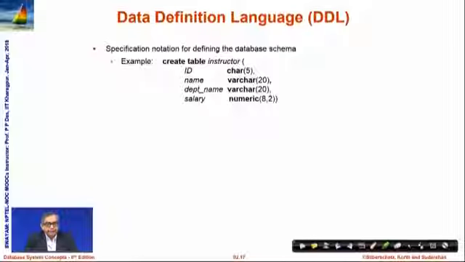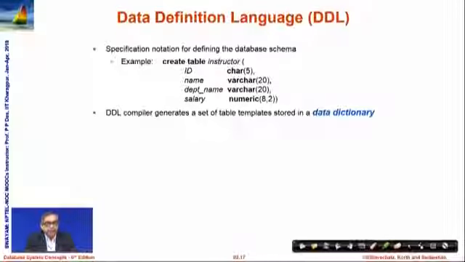And similarly, salary will be numeric data going up to 8 figures and having a decimal part of 2 digits. This way of defining the schema in terms of the different attributes and their types, or columns in the table, or trying to define the structure of that table, is the main issue of the data definition